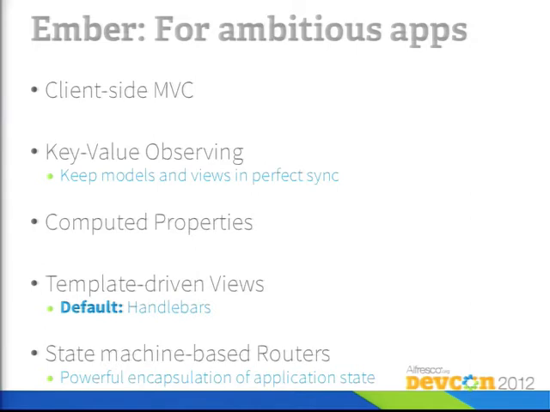Okay? Another thing that's awesome but can be a little overwhelming at times is that Ember encourages the use of state machines to encapsulate just the flow of the app, you know, how you move from screen A to screen B, how you persist state for every given view and so forth. And so it uses the concept of routers, which automatically map state to a URL, so that as your browser URL changes, all it's really doing is persisting the application state at that point in time.